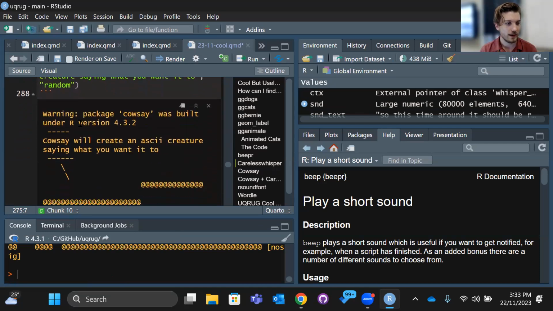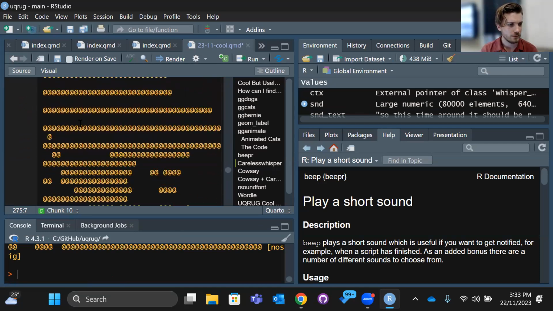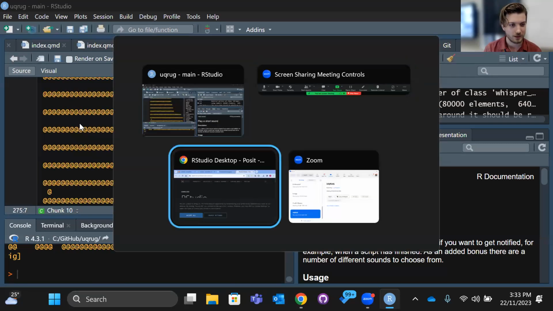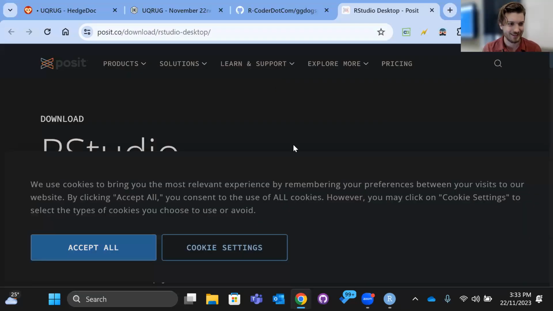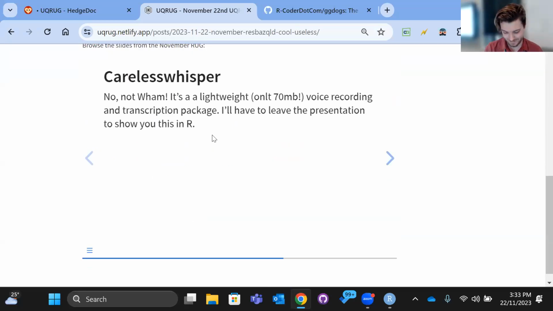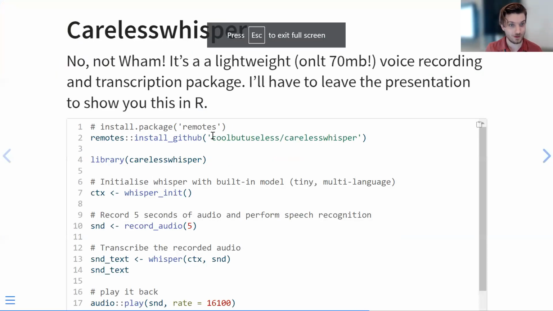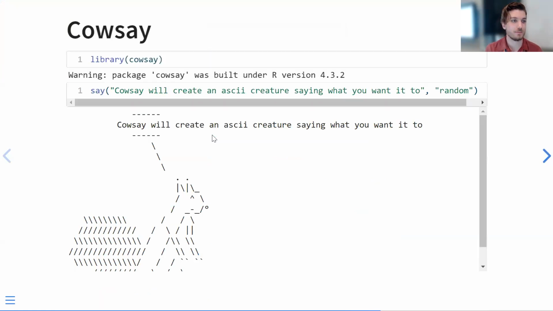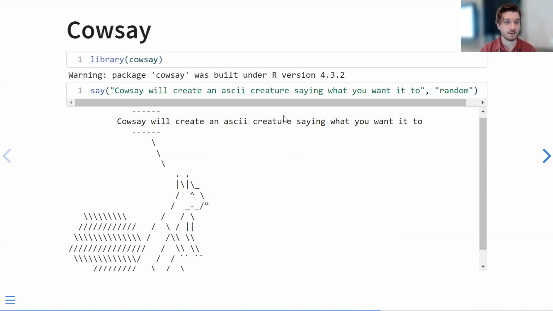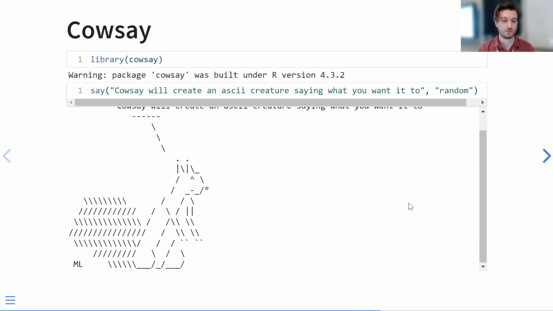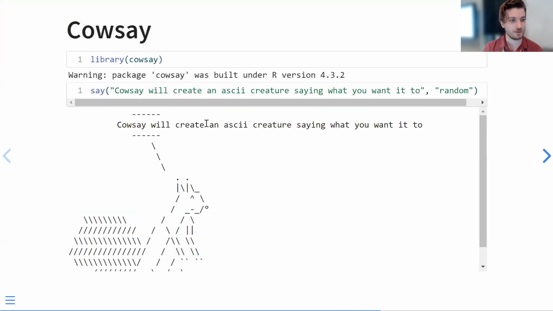And so this time around, when I run this, basically it will create an ASCII character. This is a bad example of one. I'm going to go to my slides and show you the one that we made in the slides, because that one worked out well. There's the code that I used to do that Carelesswhisper stuff. But yeah, Cowsay will create an ASCII character saying the thing that you wanted to say. So you type in what you wanted to say, and then you type in the ASCII character or random, and it'll pick a random one, I think it's like 20 to choose from. And here we have a little squirrel telling you how to use Cowsay.